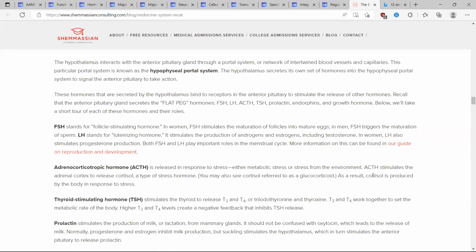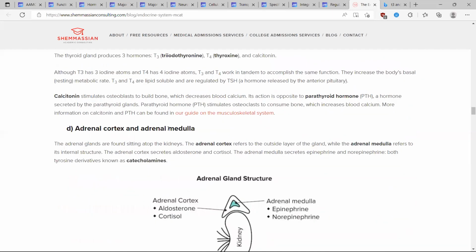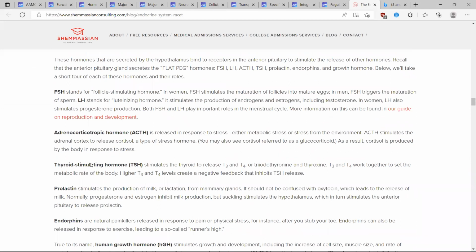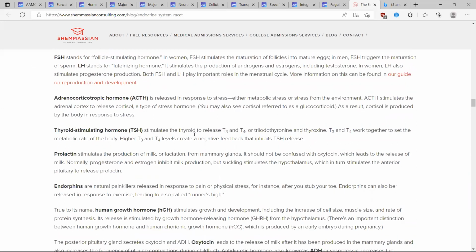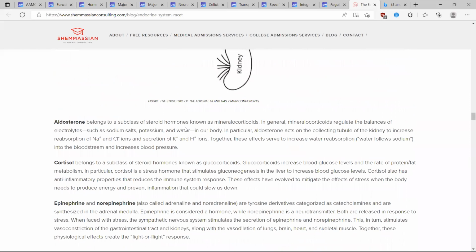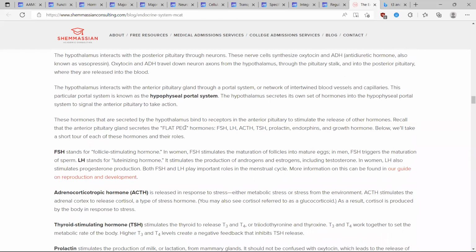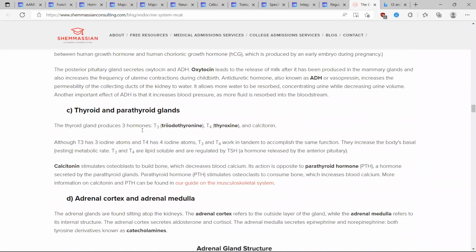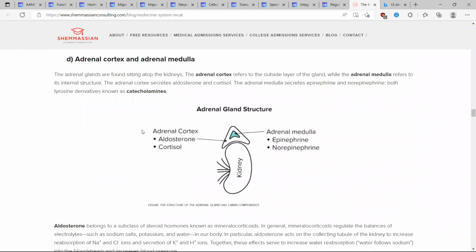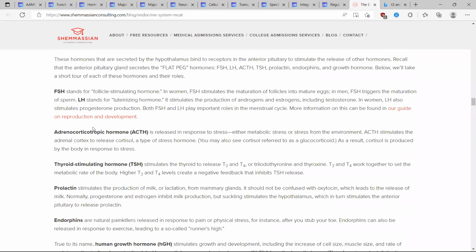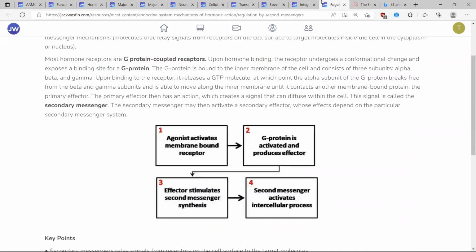As a result, cortisol is produced by the body in response to stress. So I think we talked about it. Thyroid stimulating hormone, actually, before I go through, I'm going to talk about each of them in depth as they come up. Adrenocorticotropic hormone, once it's released,